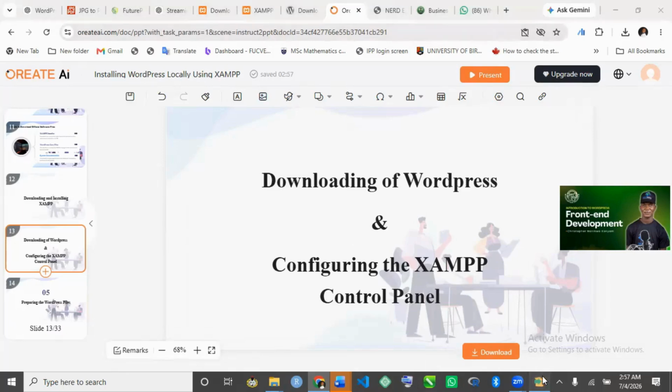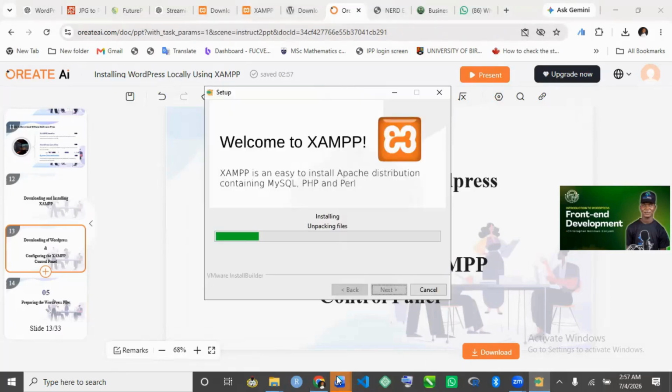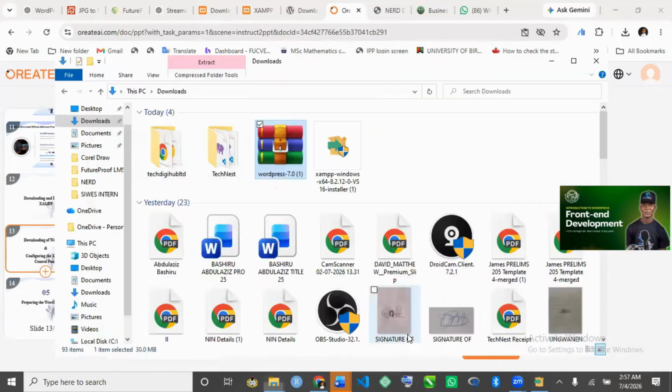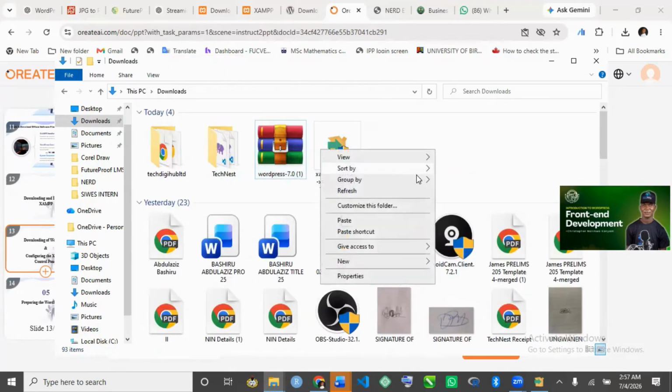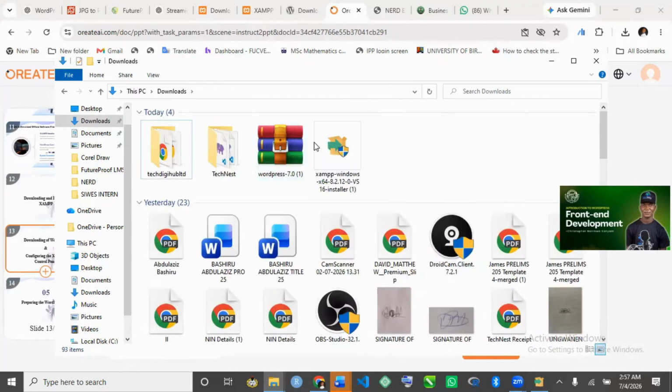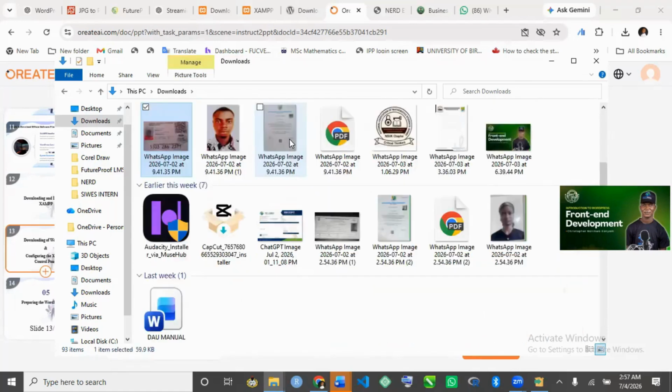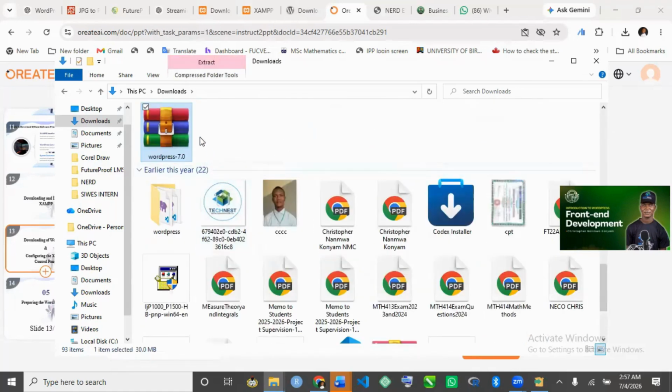So let's see if this has entered now. Then we have to wait for it to download, because once it downloads, we are now going to copy our WordPress into the